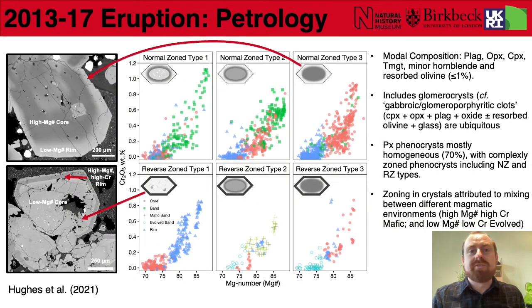The rocks erupted during the eruption are relatively homogeneous andesites containing plagioclase, orthopyroxene, clinopyroxene, iron titanium oxides, and rare resorbed olivine and amphibole, with a consistent mineral assemblage throughout the eruption and no major changes in bulk composition from 2013 to 17. However, when we look in more detail at the crystal cargo, in particular at the pyroxenes, we can